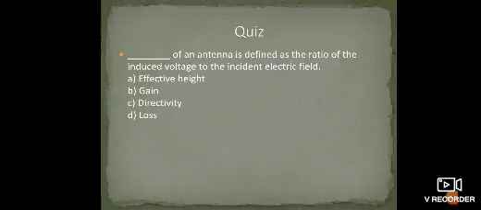Okay, so dash of an antenna is defined as the ratio of induced voltage to the incident field. What is the answer? A, that is effective height. Effective height of an antenna is defined as the ratio of induced voltage to the incident electric field. Okay,